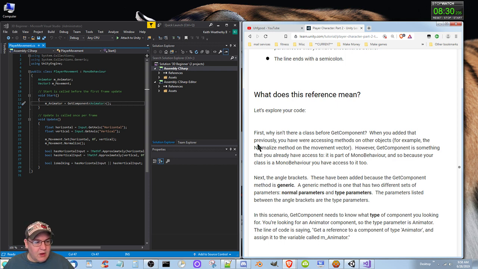Actually, you could type MonoBehaviour.GetComponent, I think is how that works, but because it's already in there, you don't need to type that extra stuff.